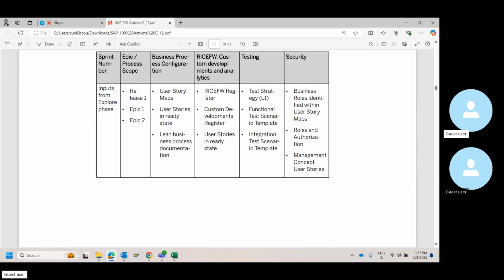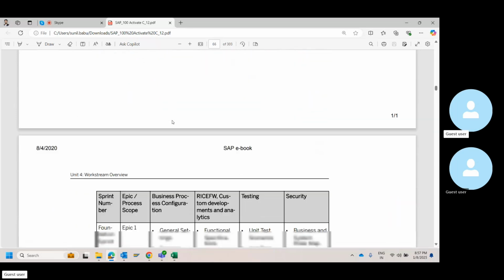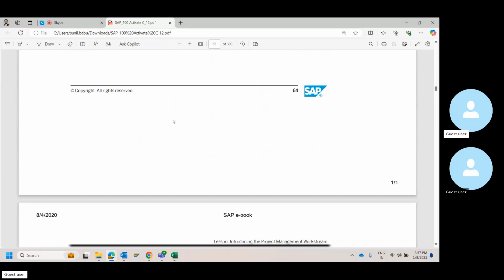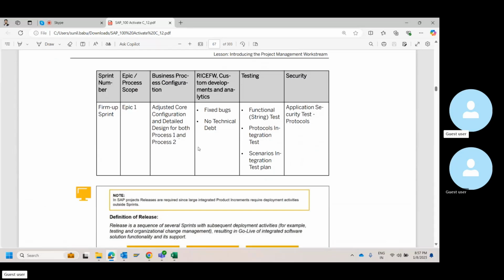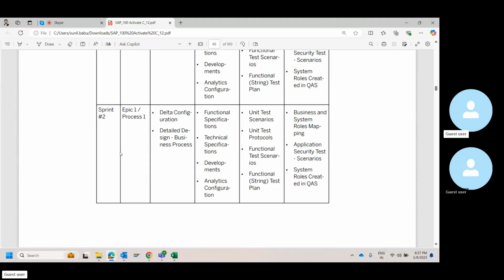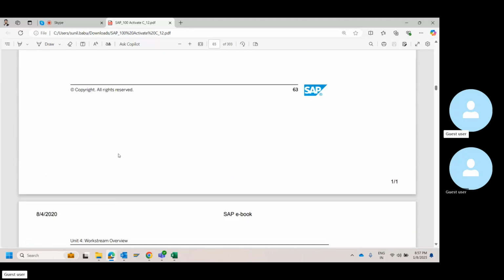So these are different work streams. Basically, this is your extensibility work stream. This is your testing work stream. This is your security work stream, roles and authorization. This is your business process configuration, design and configuration work stream. So what is the sprint that you will use is what they are trying to cover in the individual tables that they have provided. This is just their way. If you see, they have segregated it